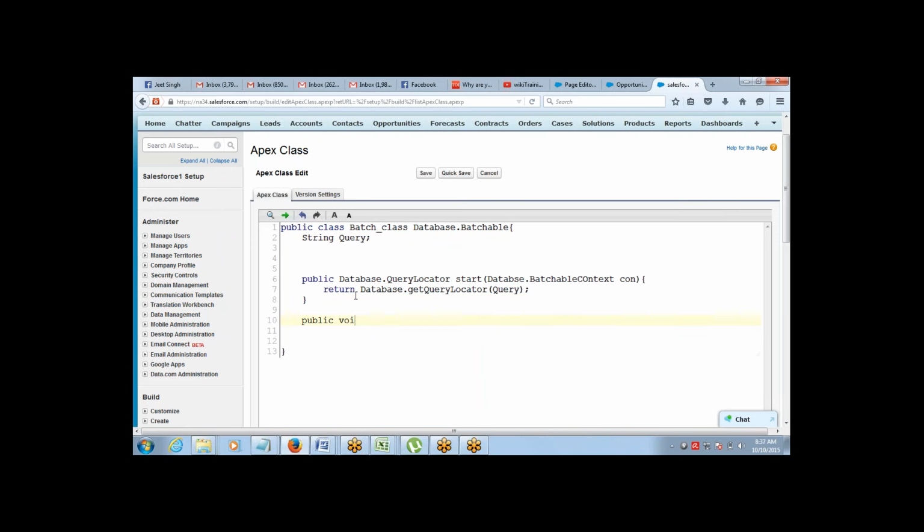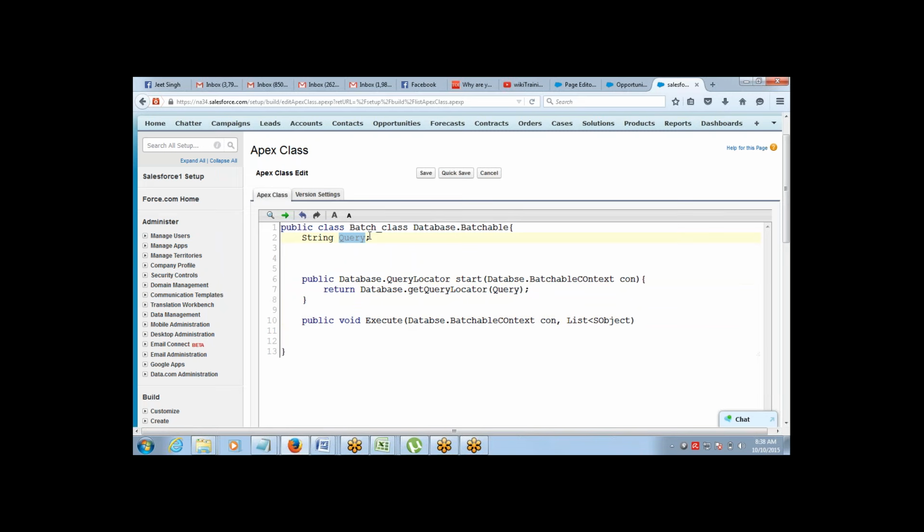Second method is the execute method, public void execute. This query won't be a list of object type. It would be a string only. The query that I'm passing here is a string, right?